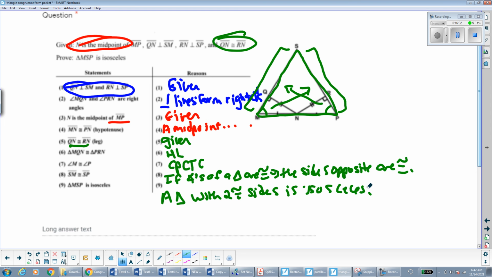So you might have noticed that there's something missing from this proof, so I just want to acknowledge it in this video. In order to use HL, remember that the very first thing you need to know about the triangles is that they're right triangles. So in the proof in step 2, we mentioned that we have right angles from the perpendicular lines, but there actually should be a step after that that says triangle MQN and triangle PRN are right triangles. And your reason can be a triangle with a right angle is a right